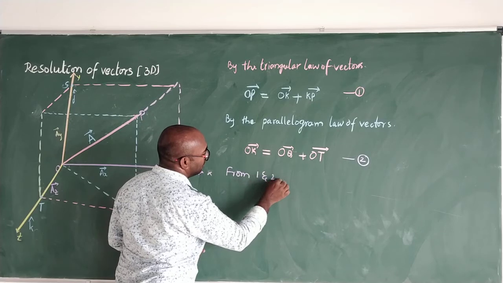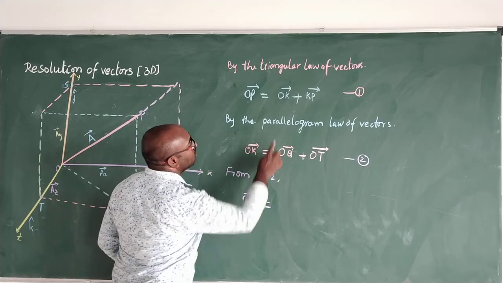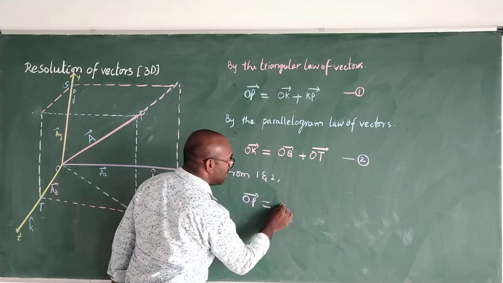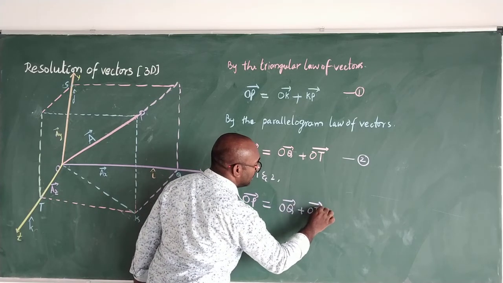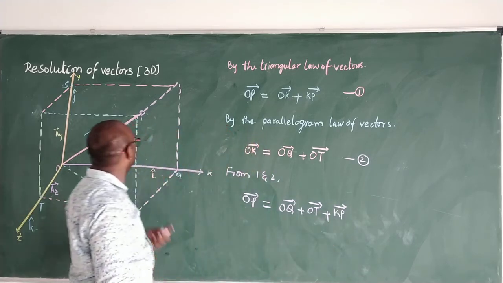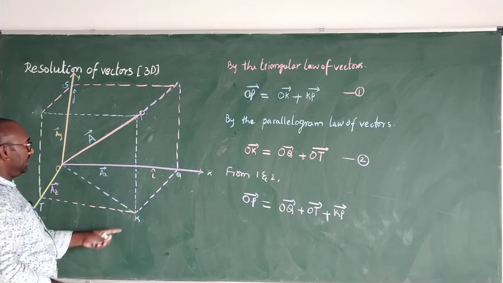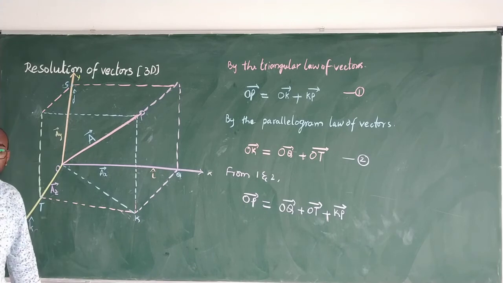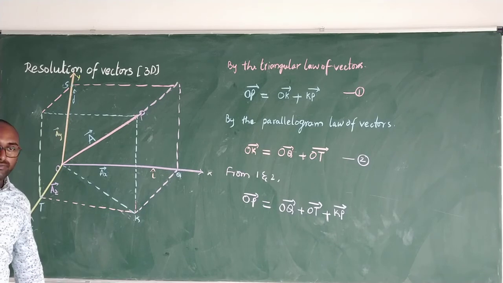Now what I am doing is, from equations 1 and 2, again I am writing OP is equal to OK. OK means what I got? OQ plus OT. Just substitute that. What I am getting is OQ plus OT plus KP. Okay? So KP means what? This corner. That means how you will imagine that corner. KP is nothing but what? See the diagonal and that corner height.